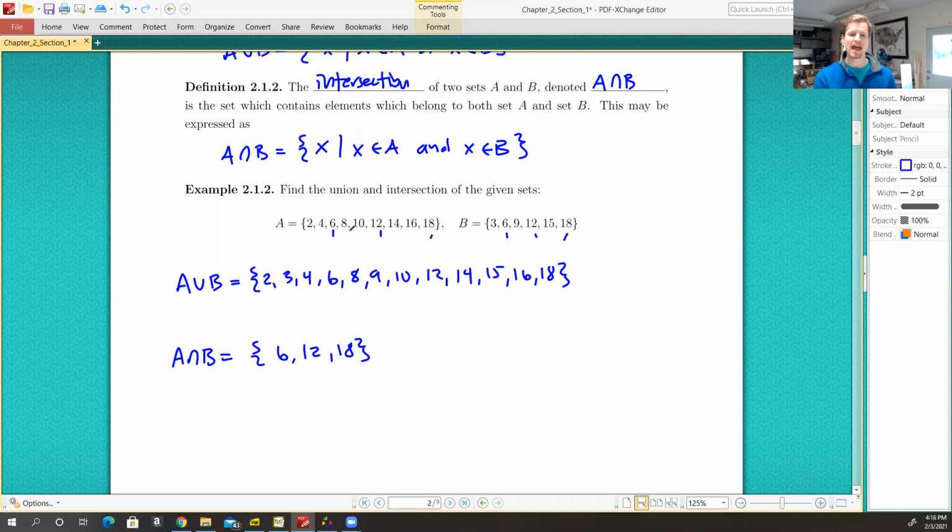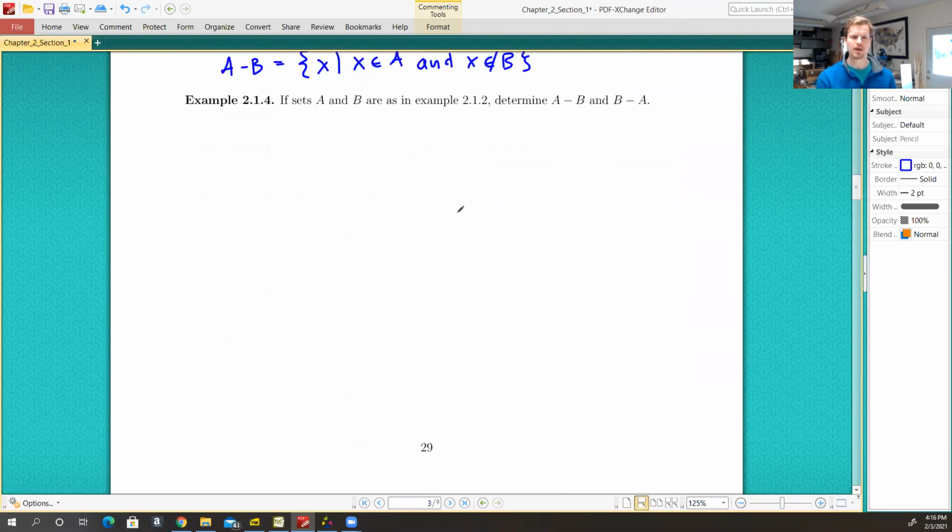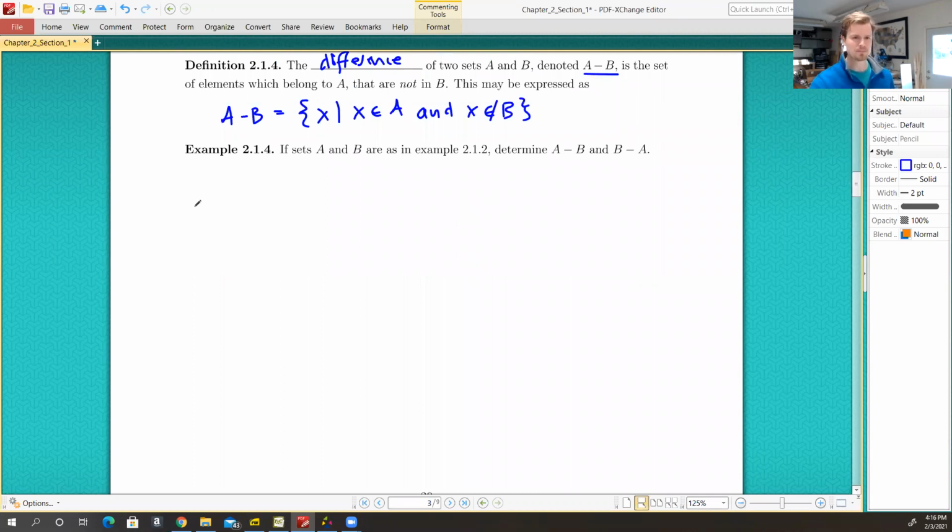So if I have A minus B, I would include 2 and 4 because 2 and 4 are not in B. They are in A, they're not in B. 6 I would not have because 6 is also in B. I would include 8 and 10 because they're not in B. I would not include 12 because it is in B. I would include 14 and 16 because they are not in B, and I would remove 18 because it is in B. So A minus B